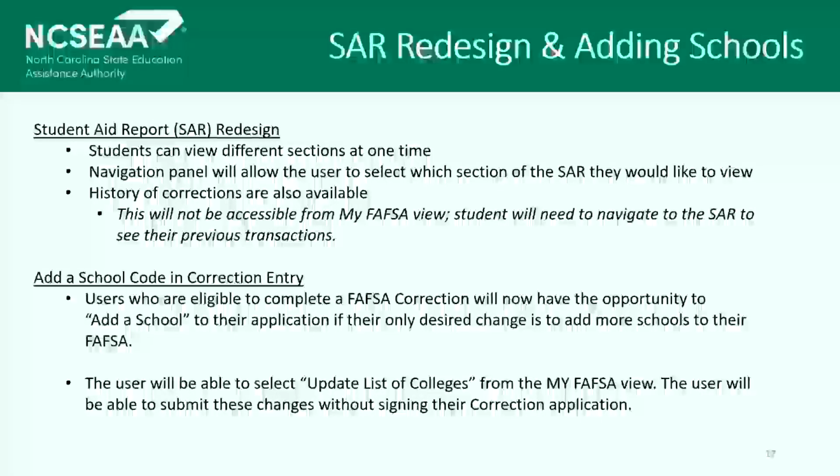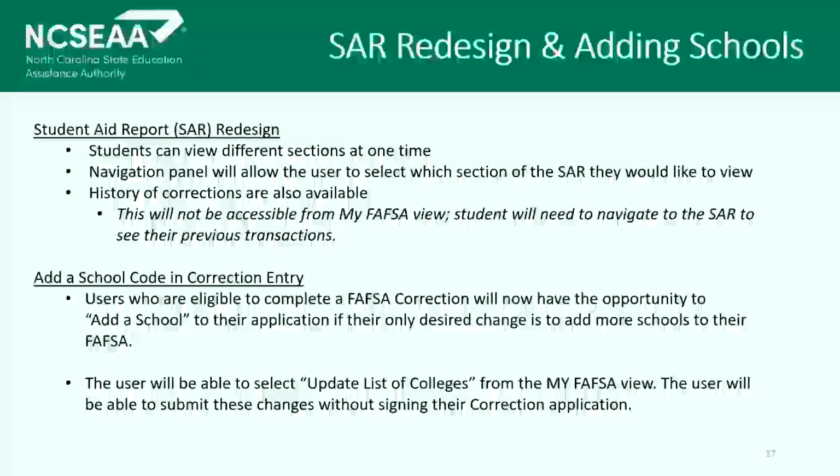Also on the application, students will be required to add a school code. Basically, where do you want your information sent, and to what school? Every school will have a school code listed on the application, and students can search by putting in the school name or the city and state. Students can list, I think it's up to 10 schools on the application now, and users are eligible to complete the FAFSA correction now,